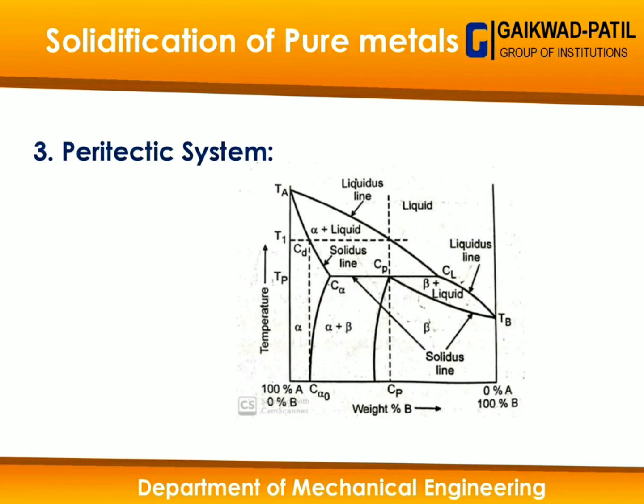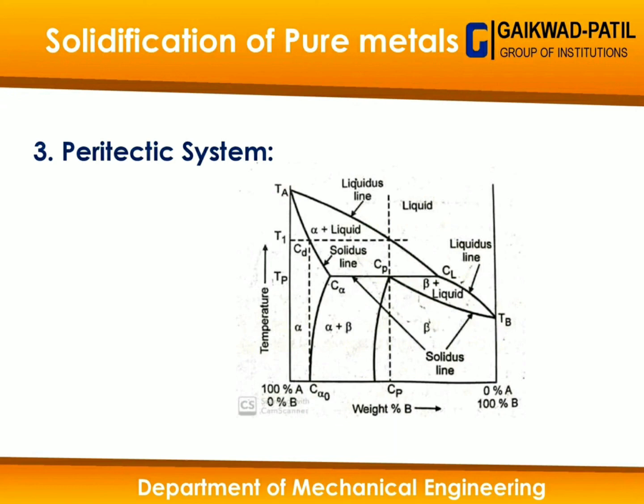So when we allow metal A and metal B to melt and we want to mix both metals for formation of an alloy, we need to bring metal A's temperature towards metal B, or we call it lowering the temperature of metal A, and we need to increase metal B's temperature up to an equilibrium temperature like Cl. And when we mix both metals at this temperature, we will get different results.